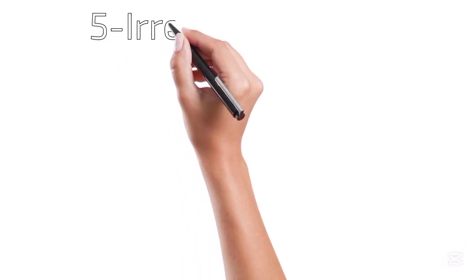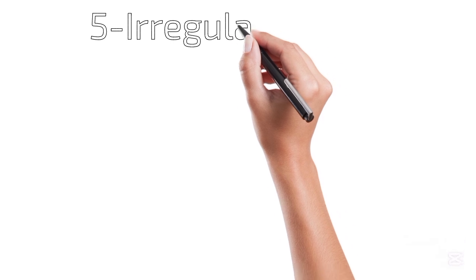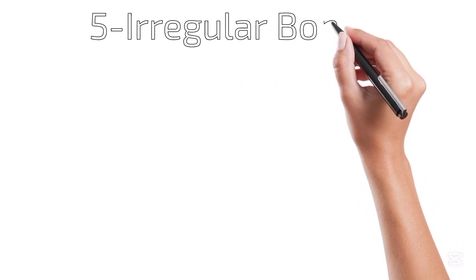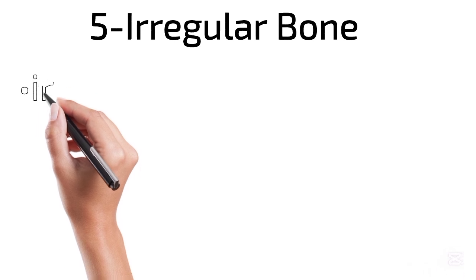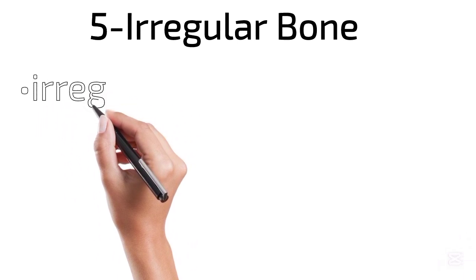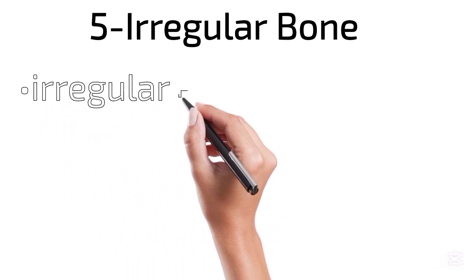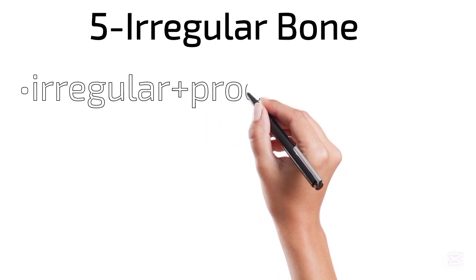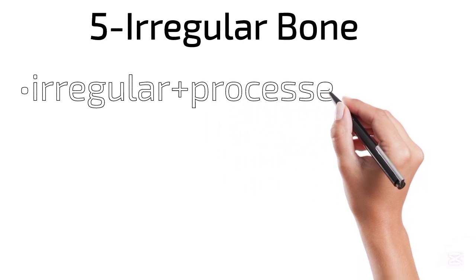We have another category, that is our irregular bones, and these bones do not fit into any other category, so we have created another category for them, and they are irregular plus they have processes. The best example of these bones are your hip bones, your vertebral bones, and the bones of the face,